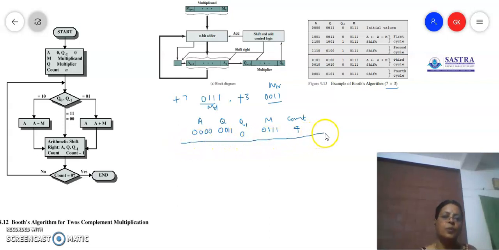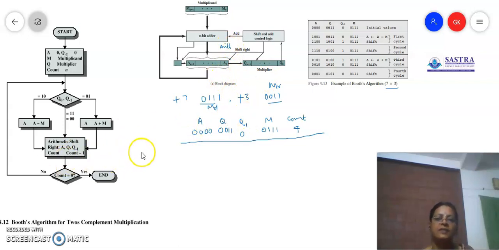First step is over. So initialize the multiplier in the Q register, the multiplicand in the M register, the count, which is nothing but the number of bits in the multiplier, in the variable count, and then we have Q minus 1. The product will be available in AQ, so we are initializing A with 0. Now the same hardware is going to be used, and in this hardware, instead of shift right, you are going to use arithmetic shift right. We will discuss that in the tracing.